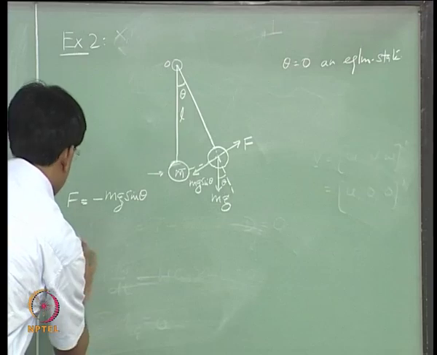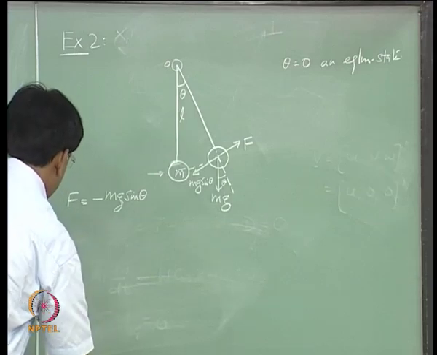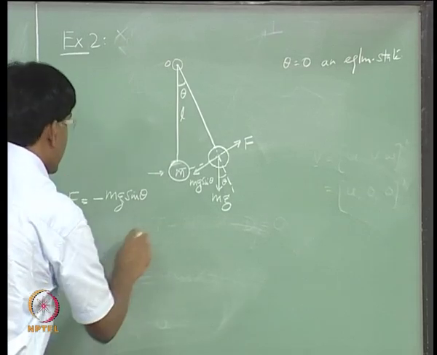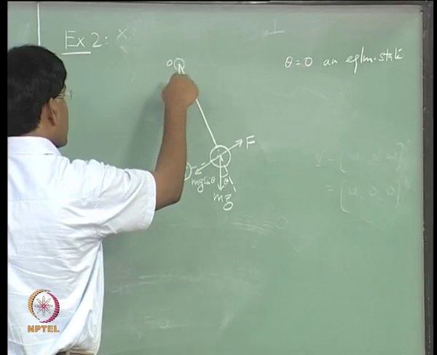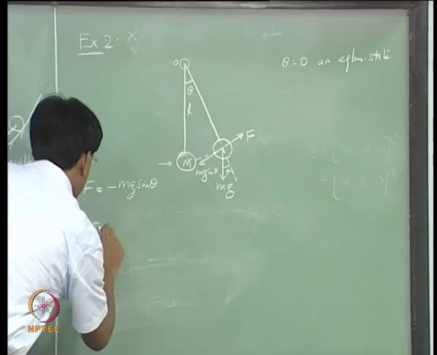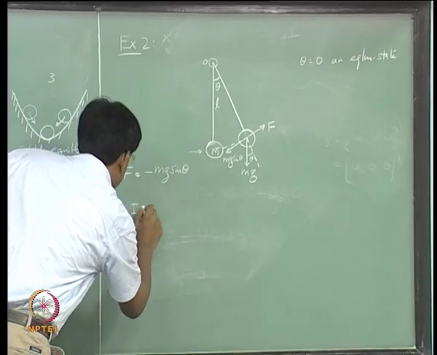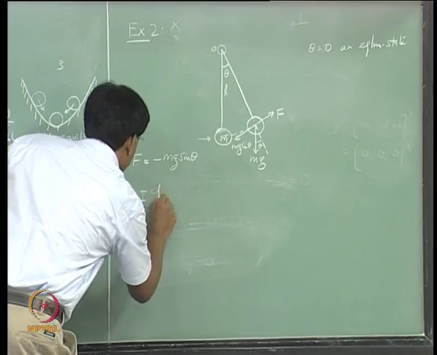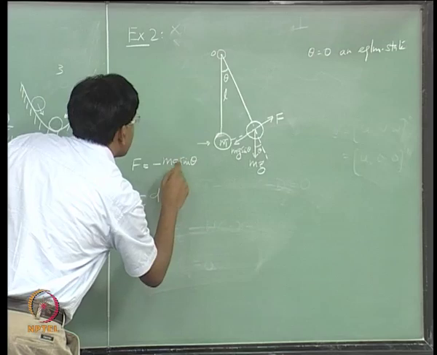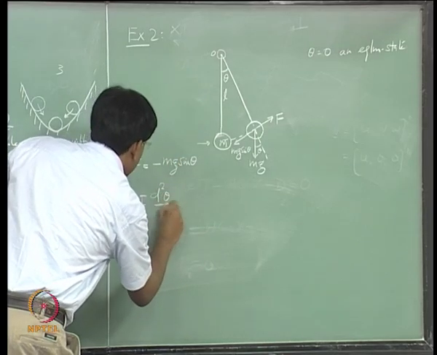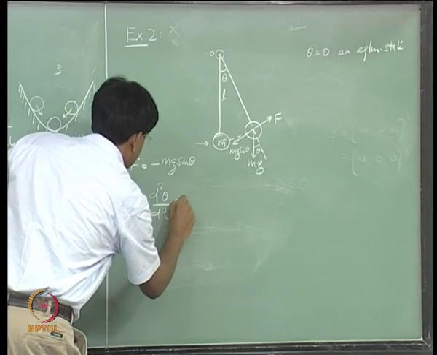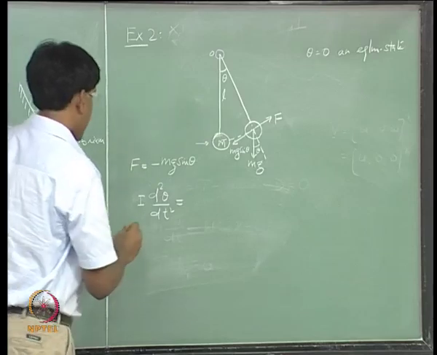This pendulum has an angular motion about the suspension point, and I is the rotational inertia of mass m. The equation of motion is